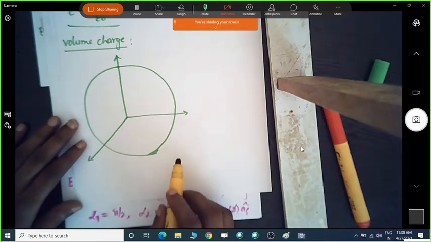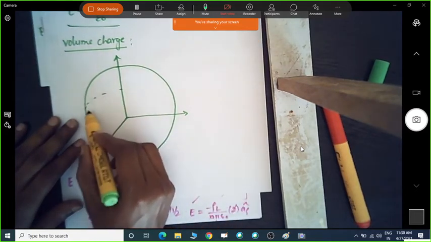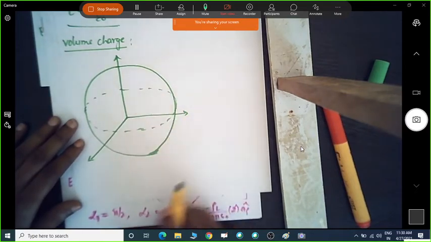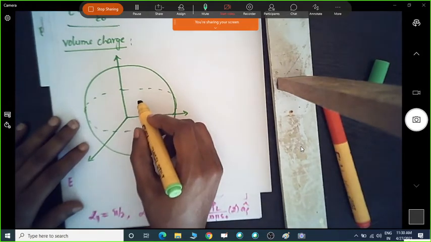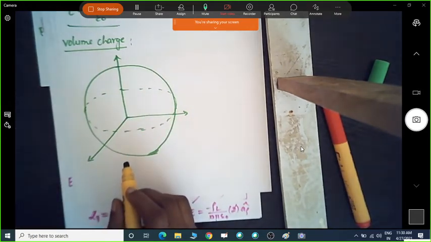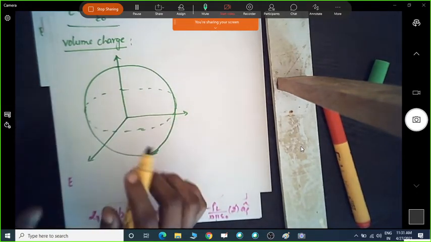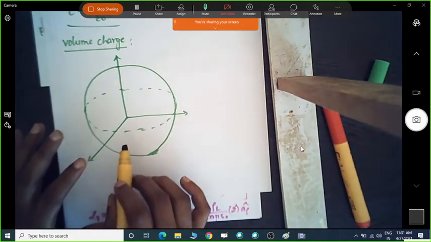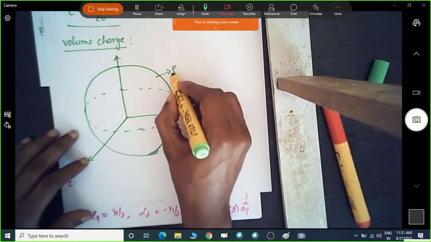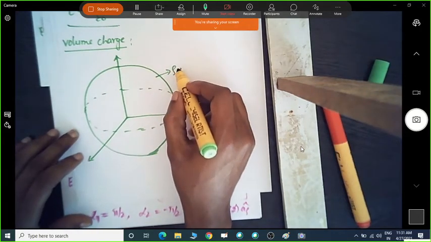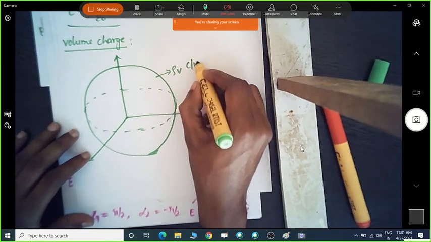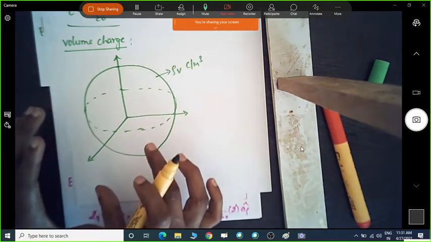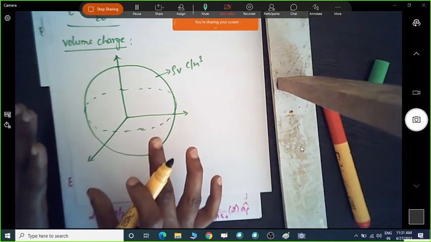Okay. So now I'll consider a sphere of radius a, and we have the volume of the sphere which is filled with uniform charge. So this volume of the sphere, which is completely filled with charge, we'll call the volume charge density, which is represented by coulomb per meter cube.